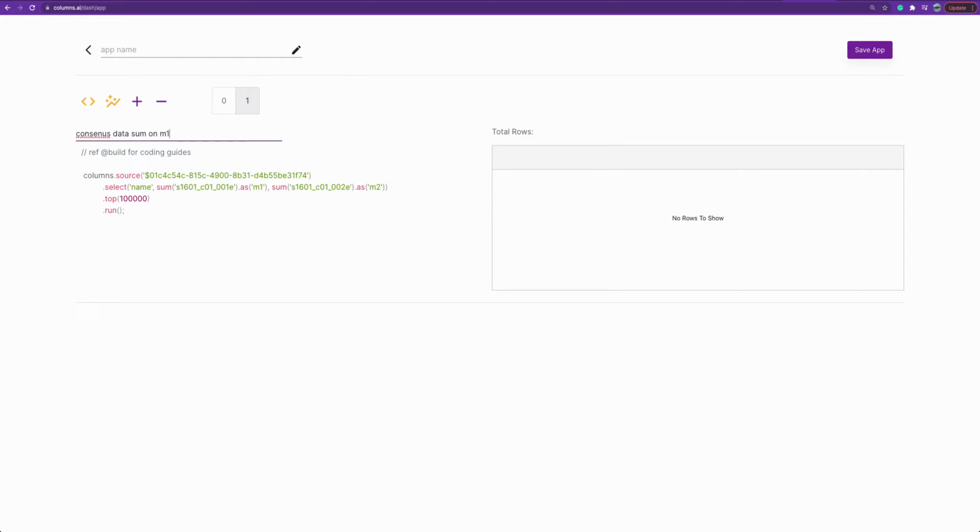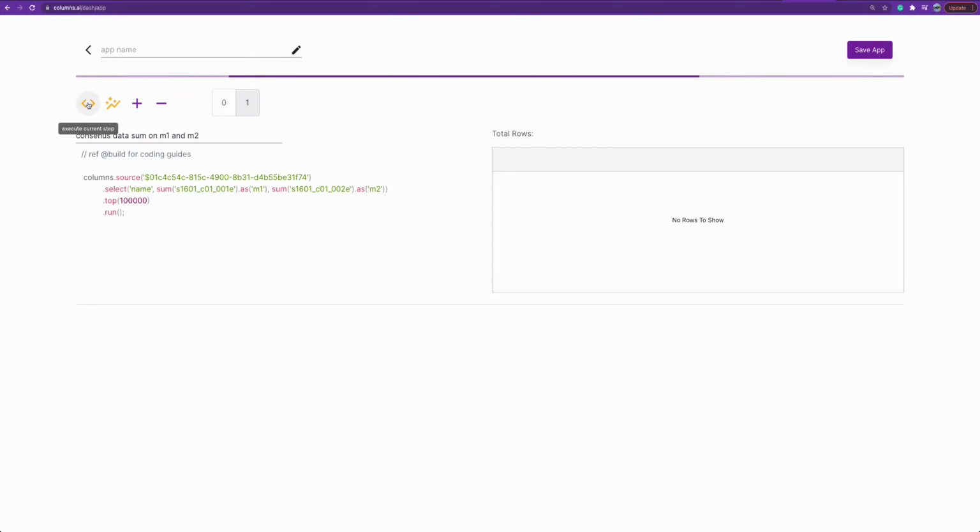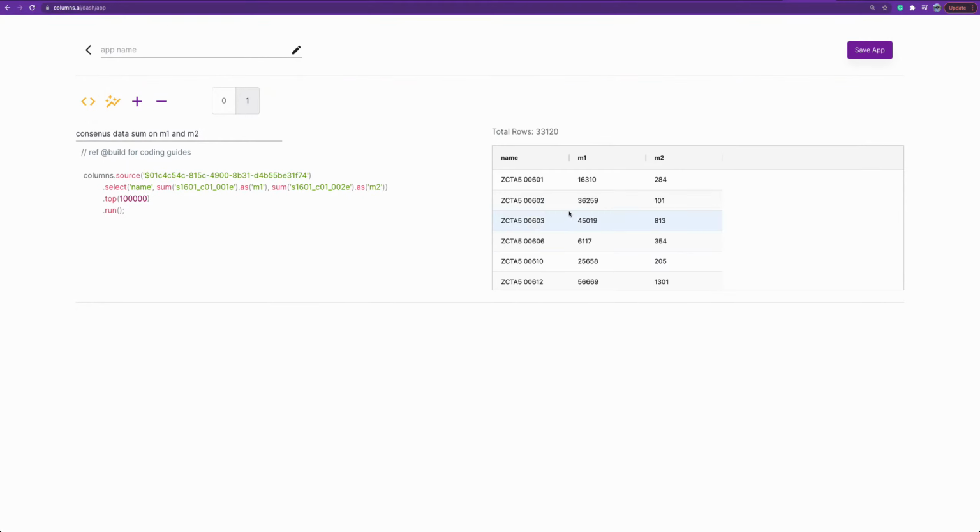Sum on M1 and M2. So this one pulls from the backend database and Columns data store, and gets the keys and also the sum metrics we want, like SM1 and 2, similarly to step 1. And let's add one more step, which we want to join these 2 data sets